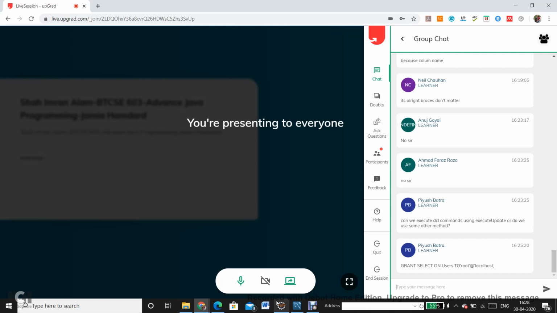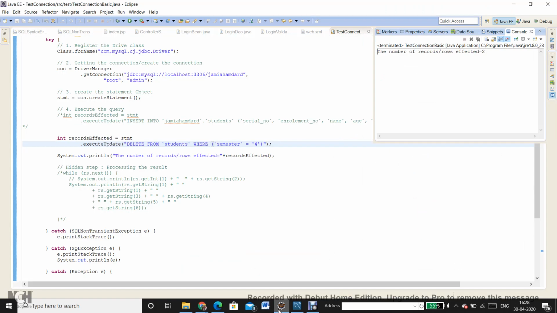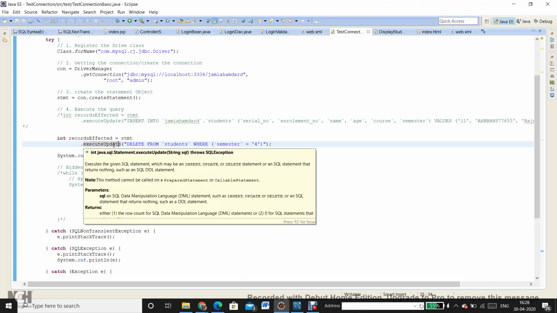Okay, let's try one of the DCL statements, and let's see if it works with SQL update. Let's see what the Java doc says. The given SQL statement may be an insert, update, or delete statement, or an SQL statement that returns nothing, such as an SQL DDL statement, data definition language.